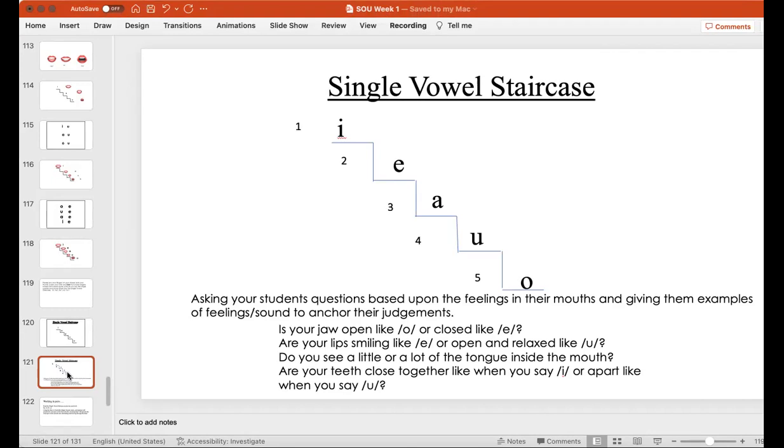So Logan, if I say what step is it on? Please say it. 4. Okay, let's talk about that, okay? So when you say it, are your teeth close together or are they separated? Separated. So you were right to be in the middle, weren't you? Okay, so now here's an important thing. He really was feeling where it should be, but he's not sure what letter corresponds with that sound. So I have to tell it to him